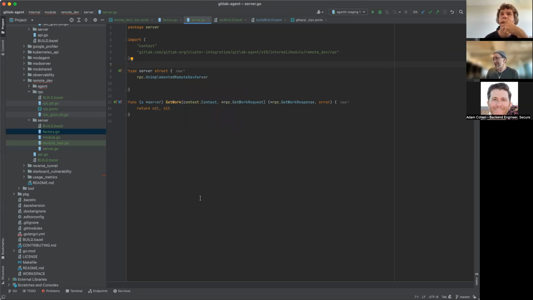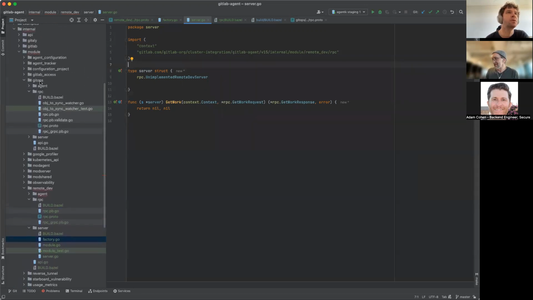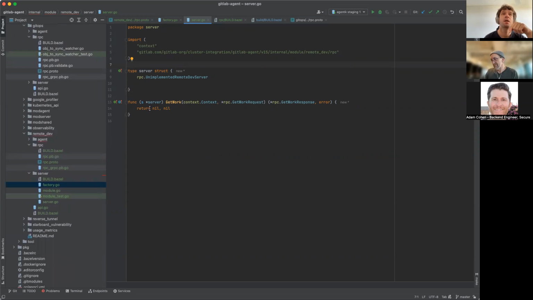So it's similar to GitOps, where the agent connects to CAS, and then CAS starts polling GitHub in the case of GitOps, but in the case of remote dev, this place will have a loop that will be polling Rails for